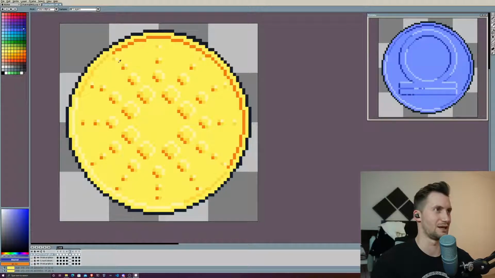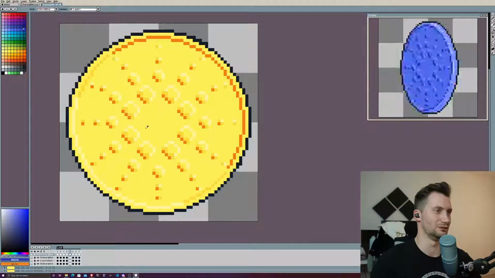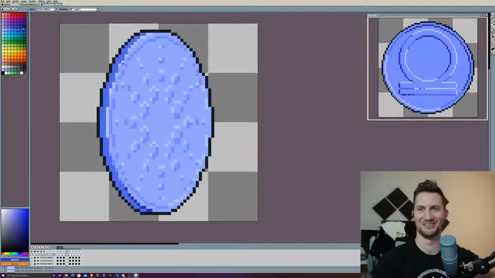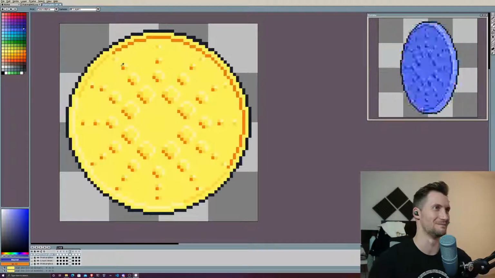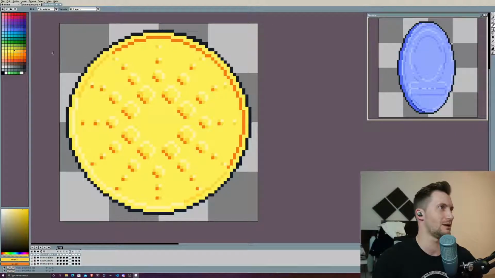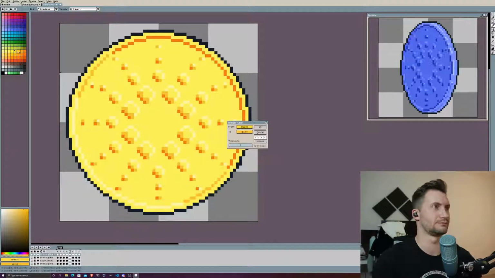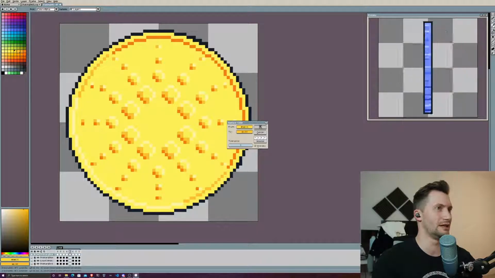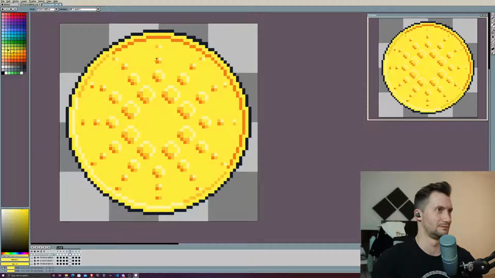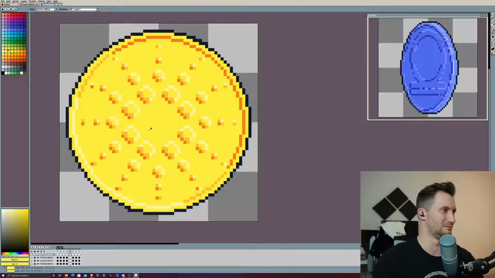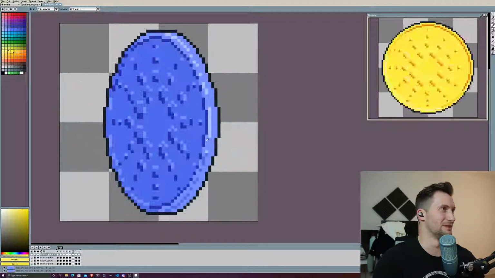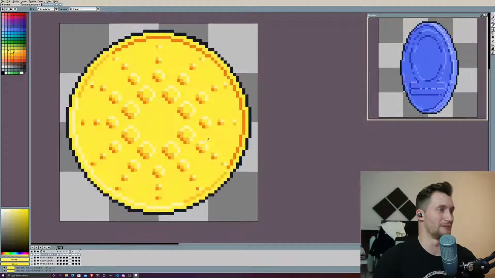If you guys can tell the difference between these things, then good on you. Because how am I going to do the lightest? Imagine what that one's going to look like. It's just all going to look the same. Okay, so we need to go a shade darker, don't we? So let's go here. Let's take it there. And then we'll go here, and we'll take it there. That's a little bit better. I'm not sure about that.